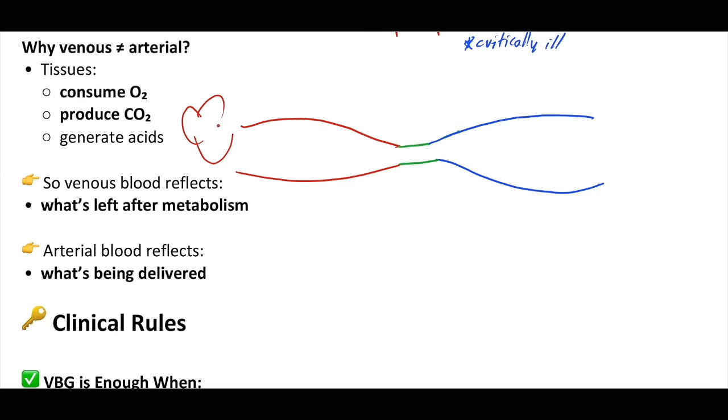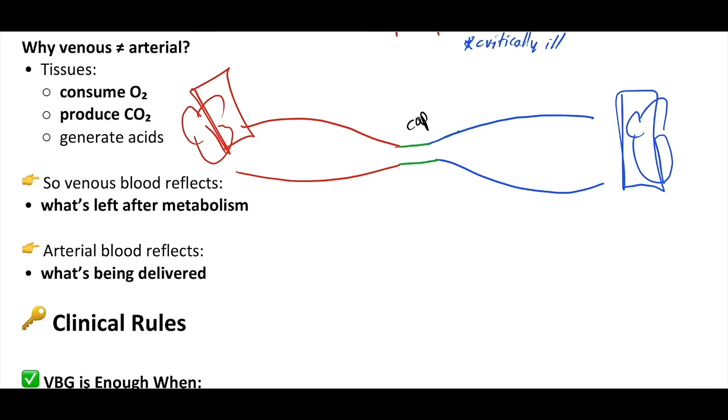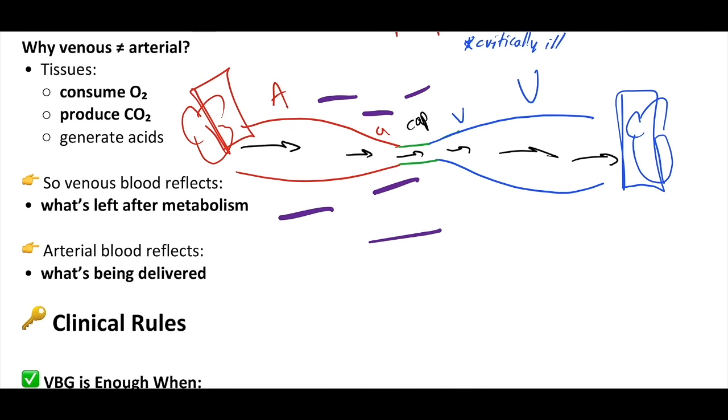So this is going to be the heart here, and then this is going to be the heart here, right? Arterial blood pumps from the left side of the heart, and venous blood returns to the right side of the heart. And then this is capillary, this is arteriole, this is venule, vein. Blood travels in this direction: left side of the heart, into artery, arteriole, capillary, venule, vein, right side of the heart. And you have all these muscle beds here, all these tissues,